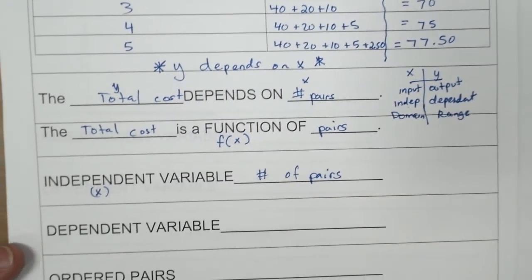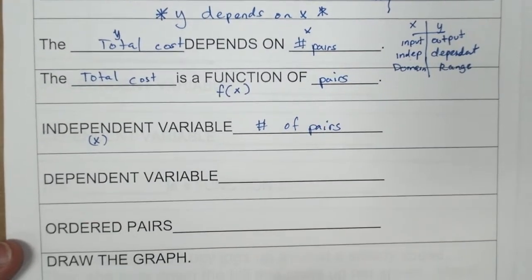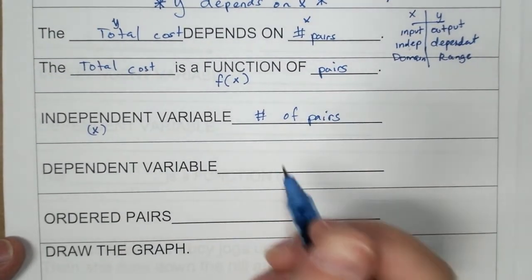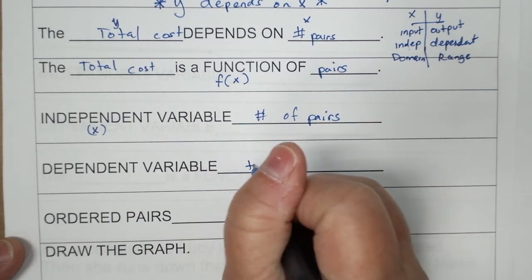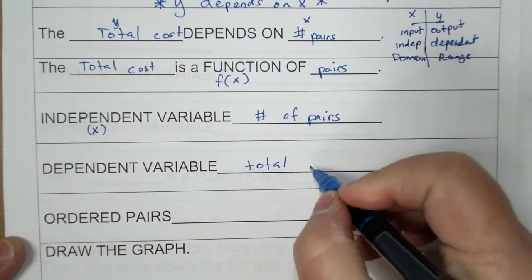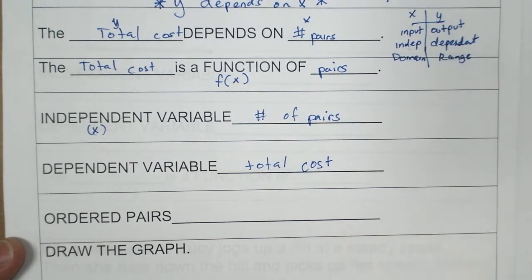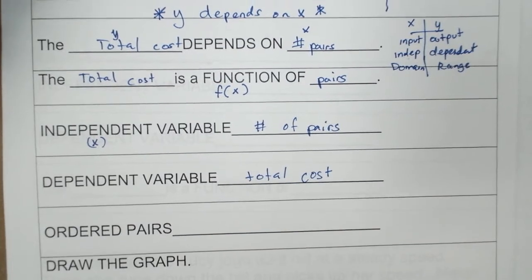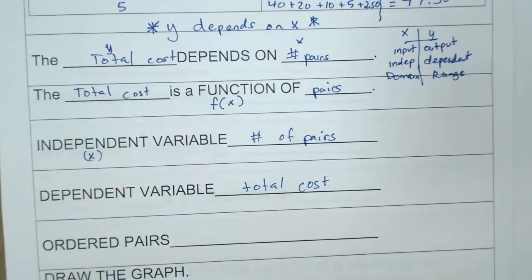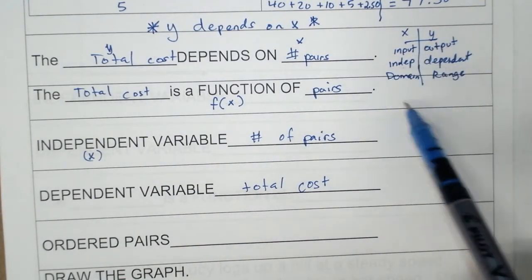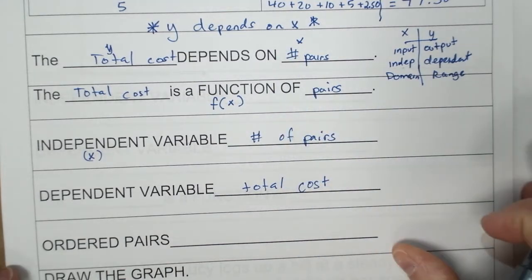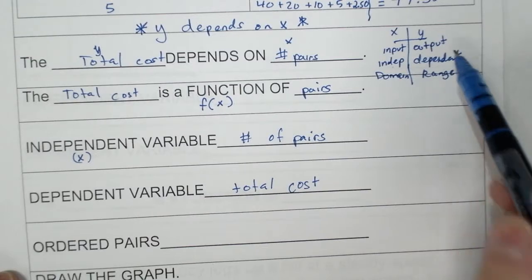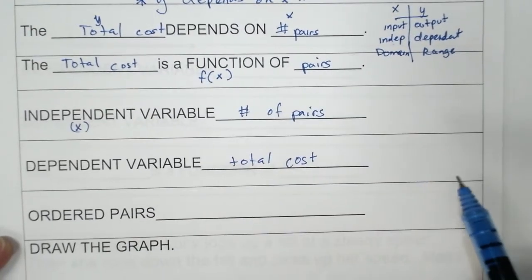Let me scoot that a little bit up. And the dependent variable is total cost. Now, all of those questions actually came from this chart right here. So when you write this down, all of these answers come from you knowing the information off of this chart. Okay,